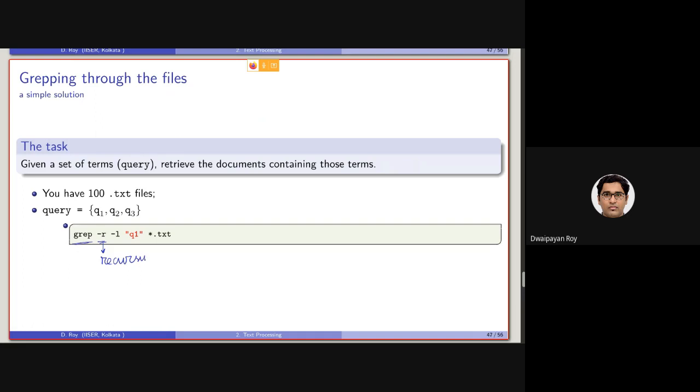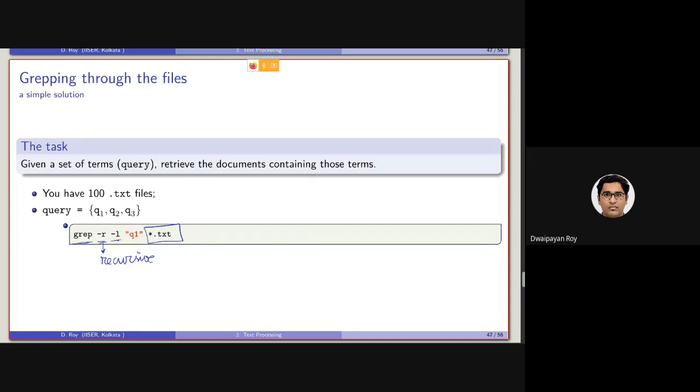Recursive on all the terms or on all the documents following this criteria. So star.txt is basically a regular expression indicating all the documents having a name something.txt or having extension .txt.